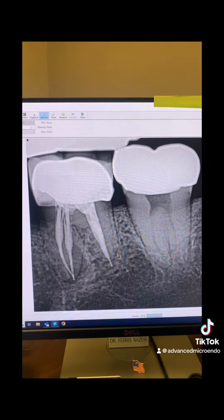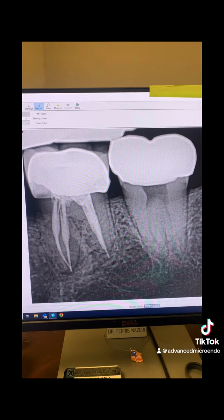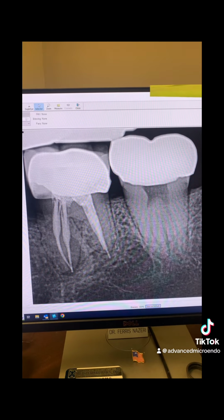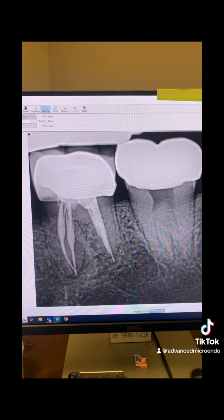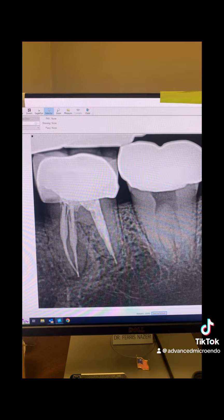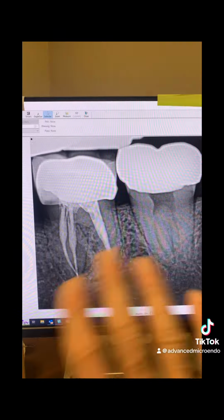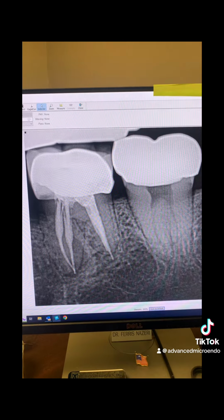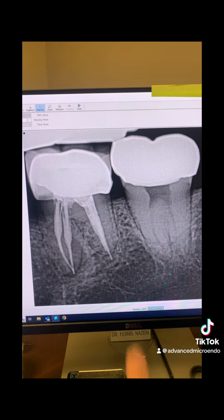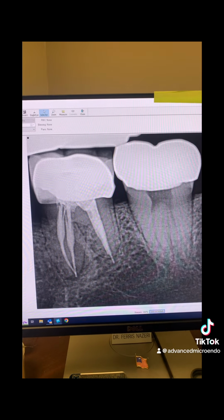As soon as the patient tells you that and you're looking at a tooth with a previous root canal, you should know that this tooth is not the tooth that's responsible for the cold sensitivity. All right, so you immediately need to start looking at other teeth. This tooth can be sensitive to chewing and biting on, but it cannot be sensitive to cold. All right, so